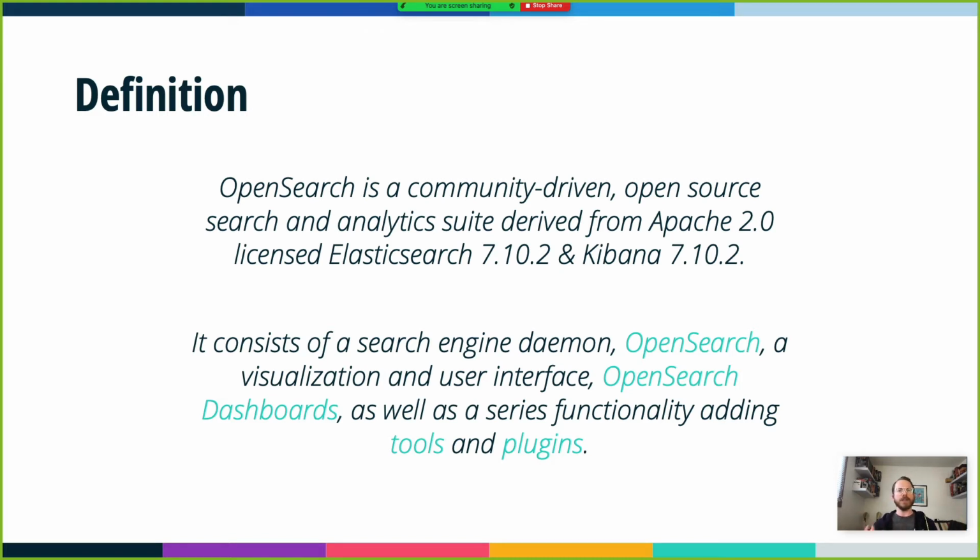So, derived from the Apache 2 license, Elasticsearch 7.10.2 and Kibana 7.10.2. Basically, what happened is earlier this year, Elasticsearch and Kibana had a license change. That license change means they moved to a license that was not open source anymore, and that's very important to a project that I worked with, which was Open Distro for Elasticsearch. Open Distro for Elasticsearch took the open source versions of Elasticsearch and Kibana, added a number of functionality through plugins, and created a different set of features. They were all open source.